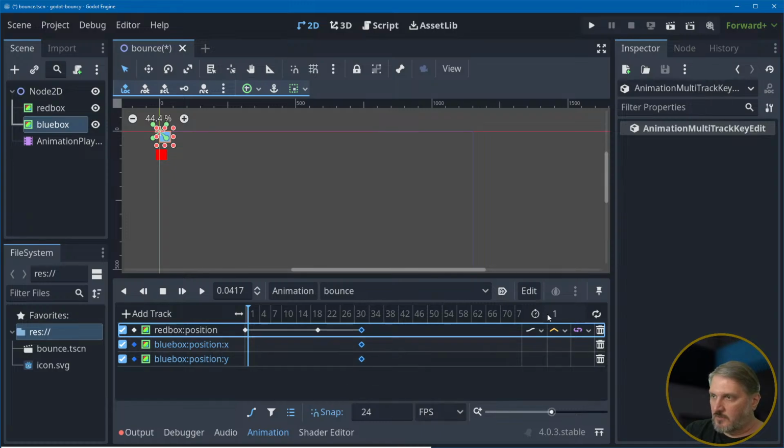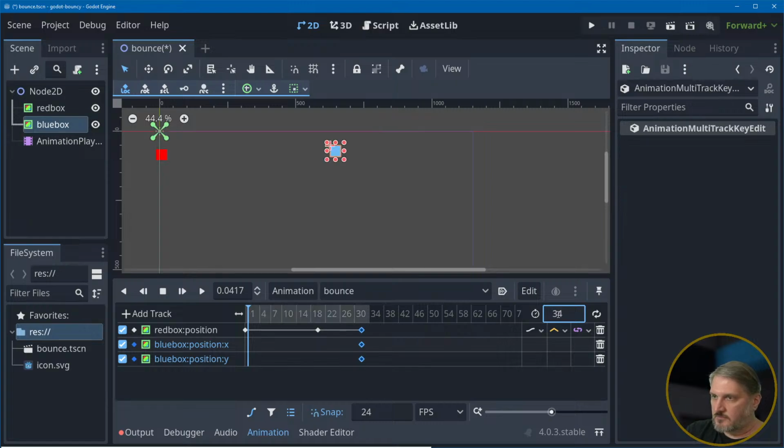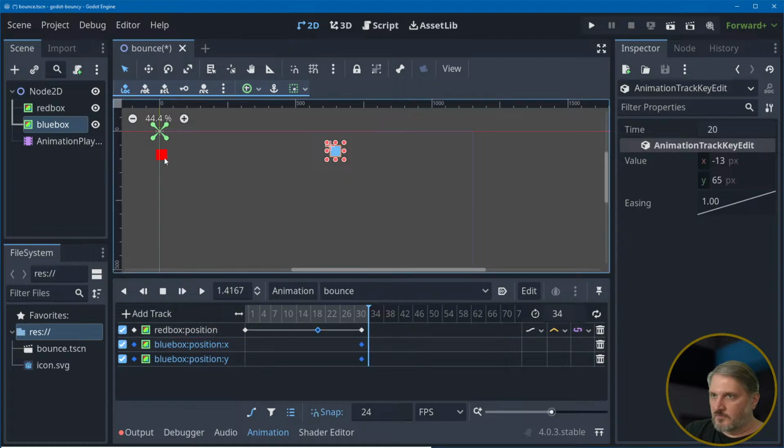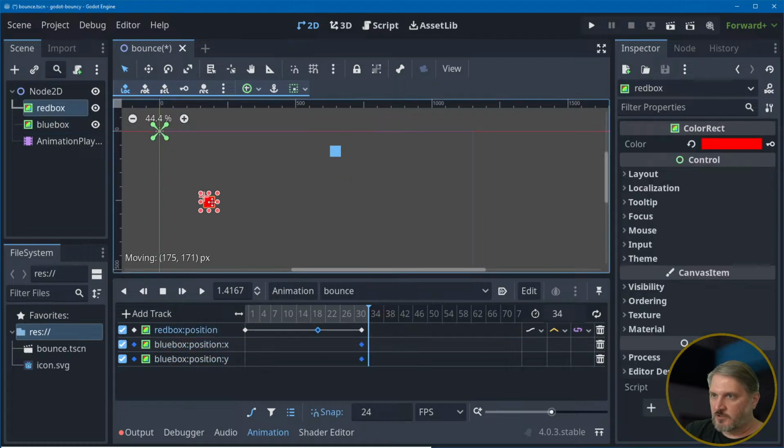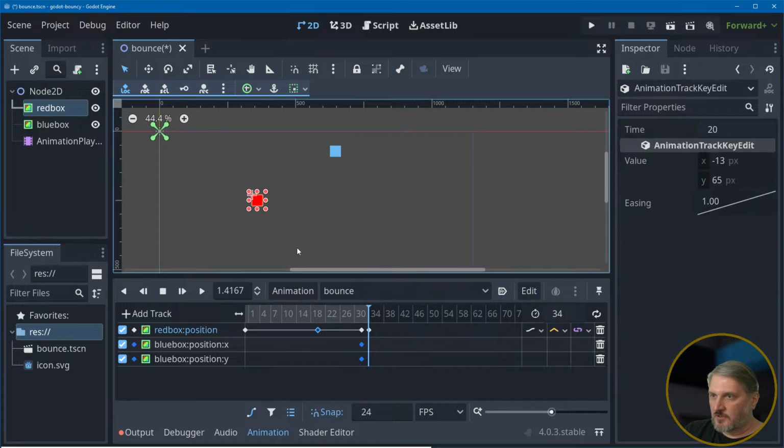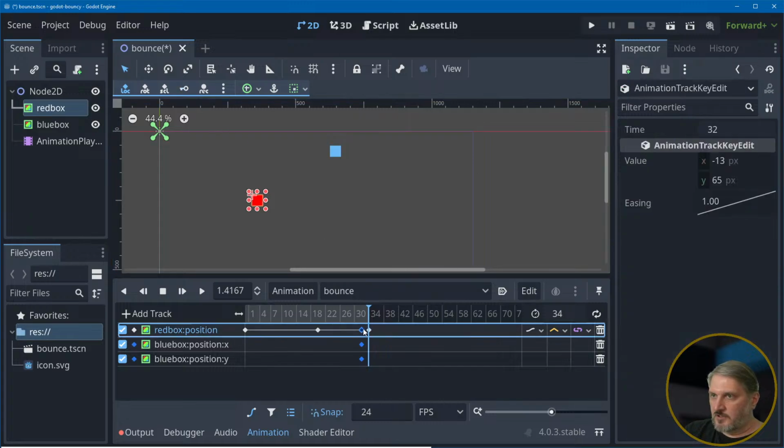Right, and then the time will be 34. And when we play, right, okay. This position should be down here at this point. Record it with a keyframe. And then up here, it's